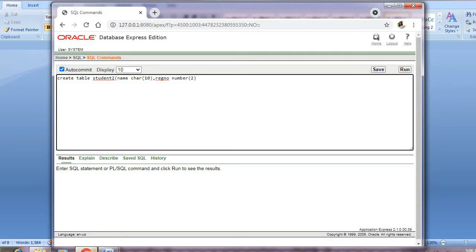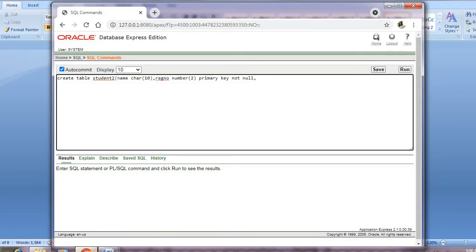After that, I'm using a constraint here. I'm using primary key constraint. What do you mean by primary key constraint? A primary key is a key which is distinguishable from other attributes. Register number is not common to all. Each student has a different register number, so it is easy to access the record of each and every student. So I'll write my register number as primary key. This is the constraint I am using. And one more thing, I cannot leave a primary key as null. So primary key not null constraint I am using for register number.